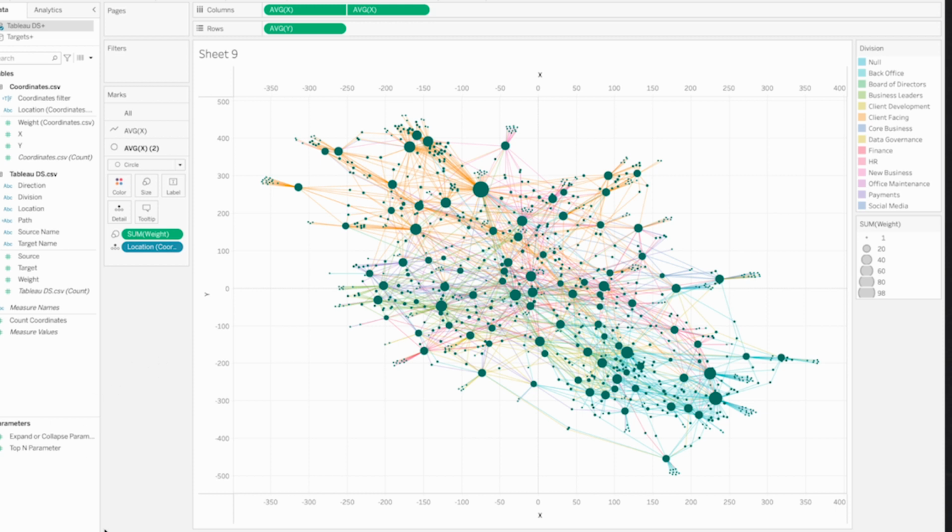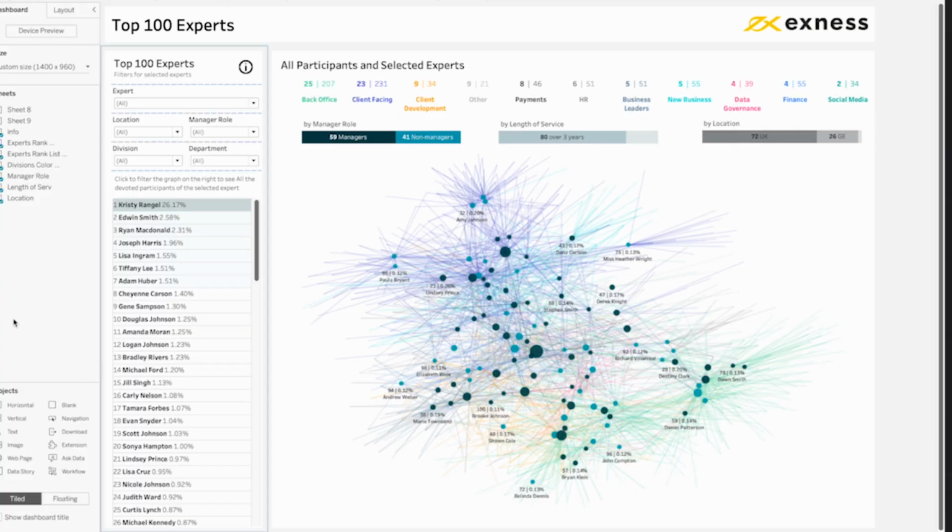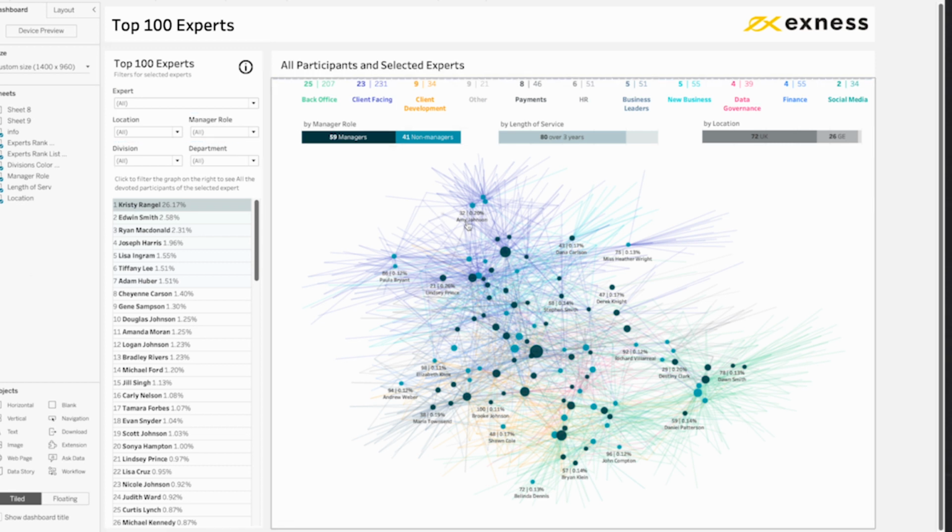So applying some formatting further and adding some additional information like region, job level, position, or length of service of this employee, we could get a lot of insights from this dashboard.